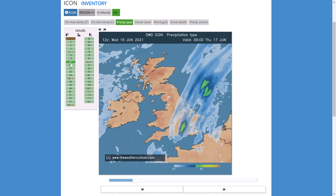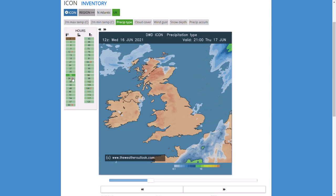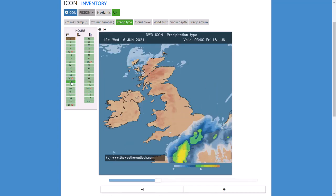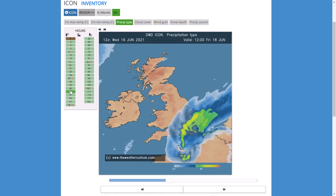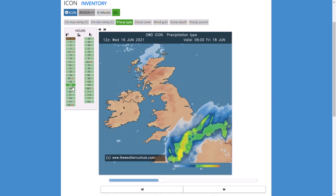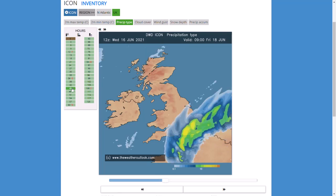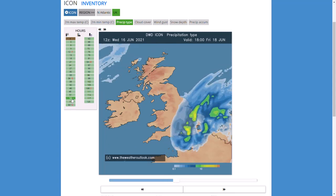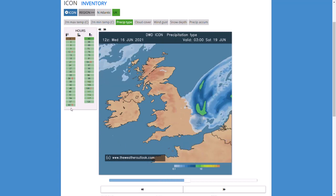Beyond that, it's a reasonably dry day tomorrow before overnight into Friday morning we do see another sort of active line of thunderstorms which could be very similar to what they're seeing in Spain at the moment. I doubt it's going to be that intense, simply because we don't have as much heat built up as they do in Spain. But looking at this radar precipitation prediction, it does look like we could be seeing a line of storms heading into central and eastern areas, and could be very intense with big